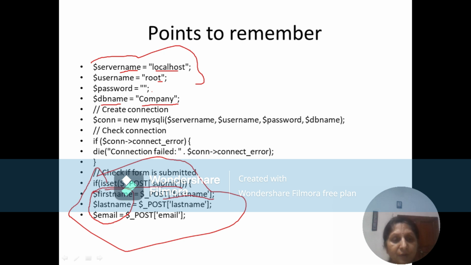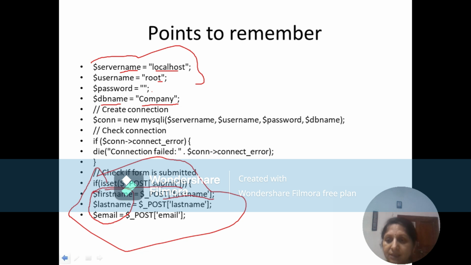Similarly, the second form input we are going to capture by the $_POST variable because the method of the form is post. So this is how we are capturing the input given by the user as the last name, and we are going to store that input into the PHP variable $last_name. The third input that the user has given in our form is captured as email, and after reading that input we are going to store it into the variable $email. Okay, so these are the form inputs.